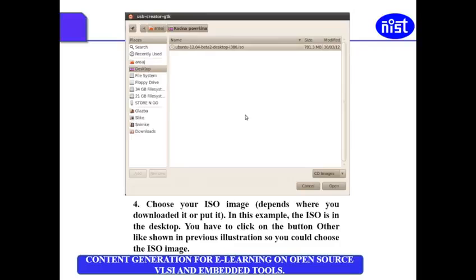Please make a note of where you downloaded your ISO file, that is, the Ubuntu installation file. Then you need to click the button as shown in the previous instruction and choose your ISO file as it is being shown here.